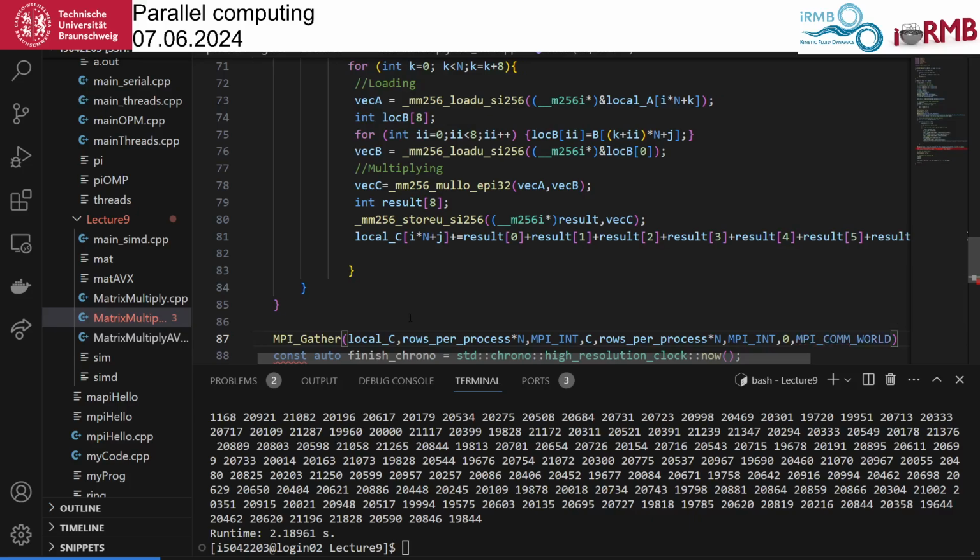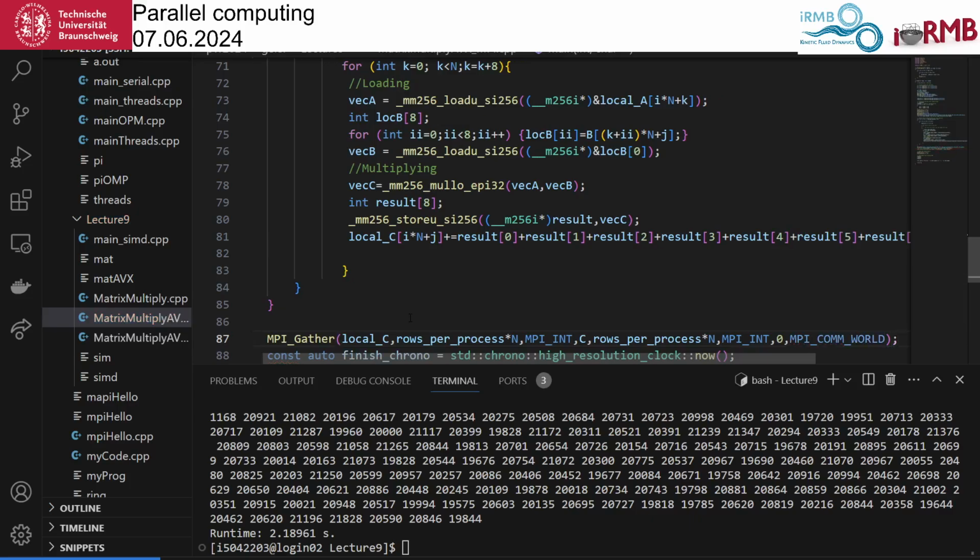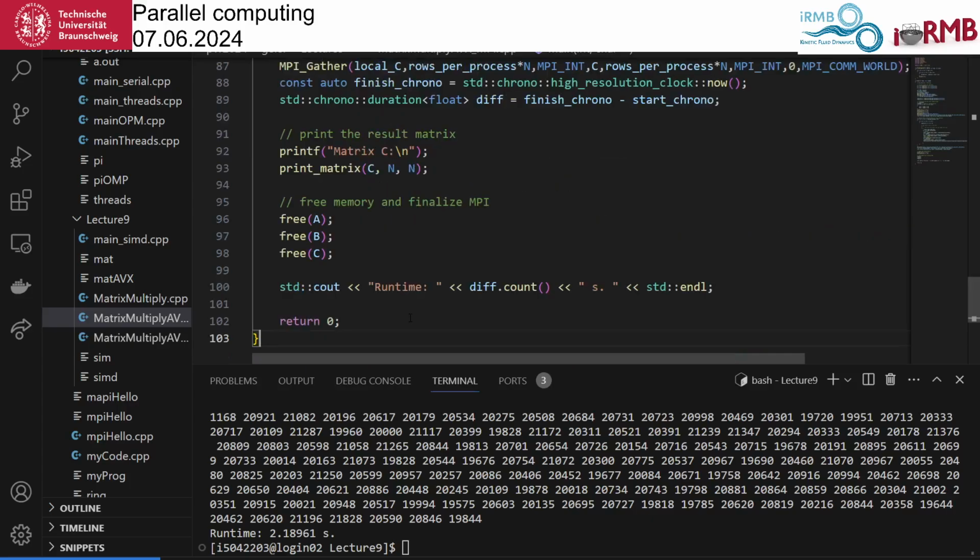So now the C matrix should have been received at process 0.